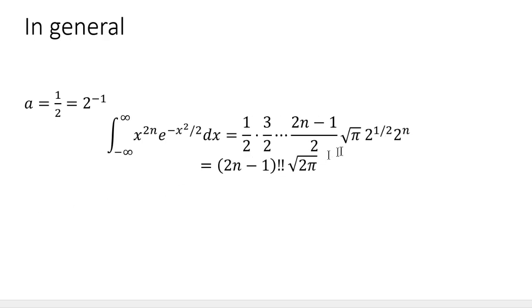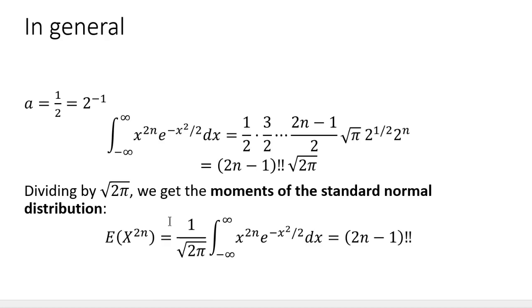And the result is that that 2 to the 2n plus 1 over 2 can be broken like this, where 2 to the 1/2 power is square root of 2, and 2 to the nth power will cancel all these denominators because this is also n number of 2's. So they cancel, and you end up with this, where if you divide by square root of 2 pi to give you this standard normal distribution,